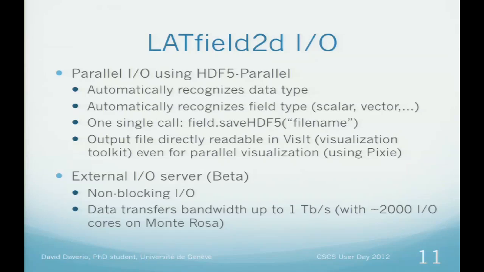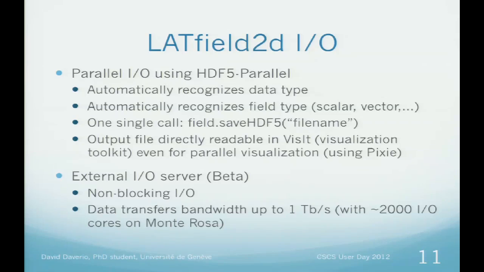So it's basically a number of nodes that are used just for I/O. That's what I want to speak a bit about, because it's not really what we are in the habit of using for I/O. So it's non-blocking I/O. You don't choose if you write a file or not. The data transfer, but the good thing is that we have seen on Monte Rosa with 2,000 I/O cores, bandwidth